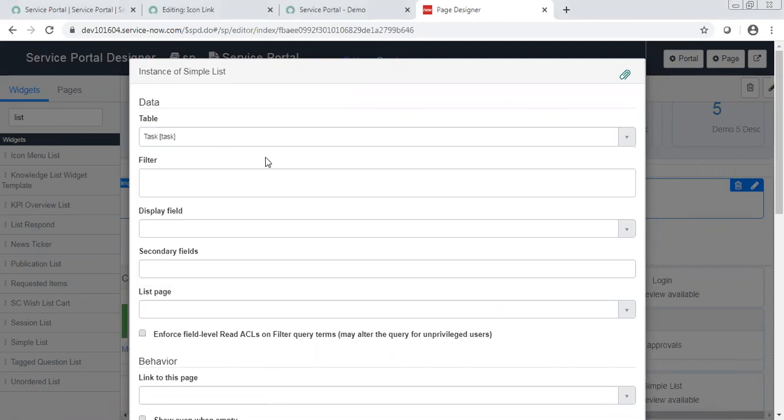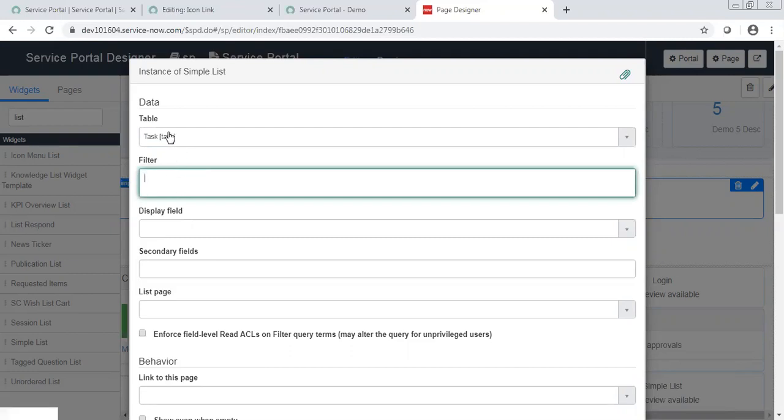So basically, let's say you want to display 4 lists on your page, one for displaying incident, one for problem, one for change. That doesn't mean you need to create 4 widgets separately and write the code. So ServiceNow has provided you a simple list. You can make use of this and select the task. Now here, task is basically having many other tables' records.